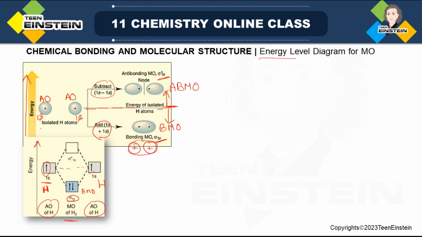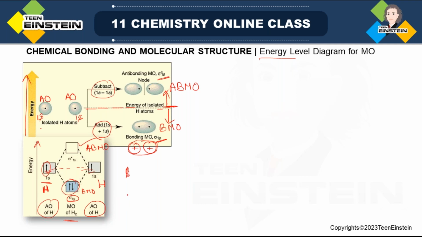And both these electrons, as we know, in MO also we follow the same rules: Pauli's exclusion principle, Hund's rule, all these as we follow in case of AO, here also we do the same thing. So first you have to place both these electrons here. And once you do so, there are no electrons left, so this sigma star is vacant. You cannot place one electron in BMO and another electron in ABMO. That is completely wrong, because remember